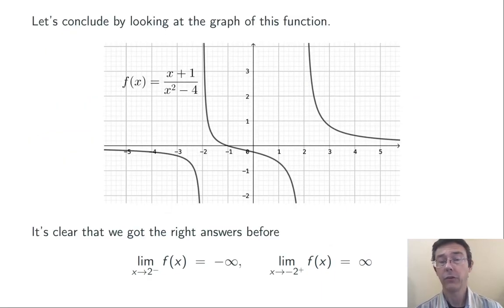Here's a graph of the function, along with the two limits that we've already evaluated. We see vertical asymptotes at negative 2 and 2, as we would expect just by looking at the definition of the function. We determined that the limit as x goes to 2 from the left of f of x was going to be negative infinity, and we can see that here at the right-hand asymptote as we approach it from the left. Similarly, the limit as x goes to negative 2 from the right of f of x is going to be positive infinity. As we approach the left-hand asymptote from the right, the function is growing without